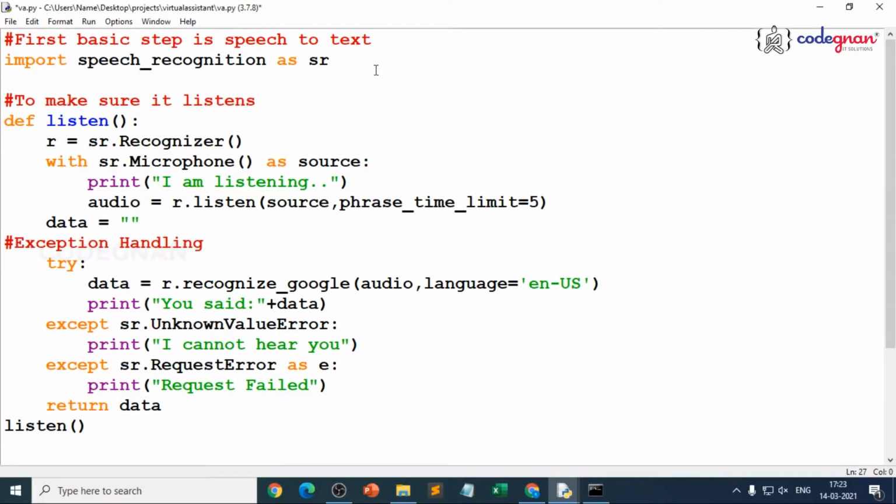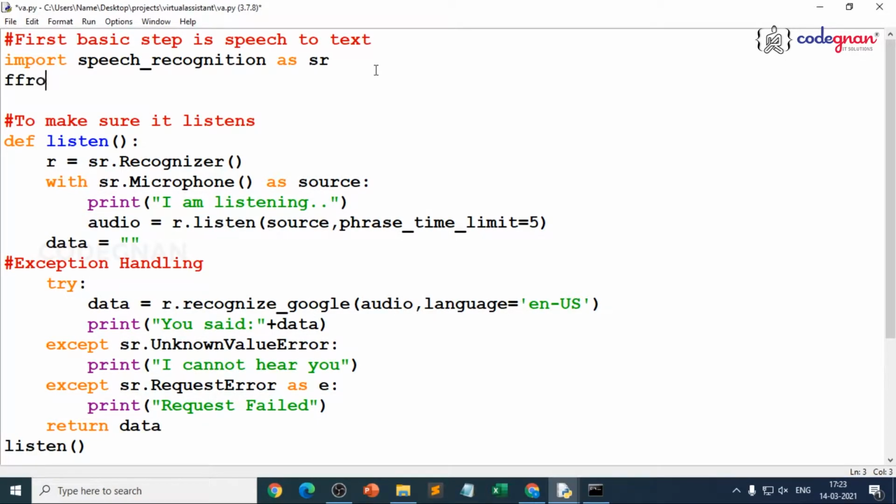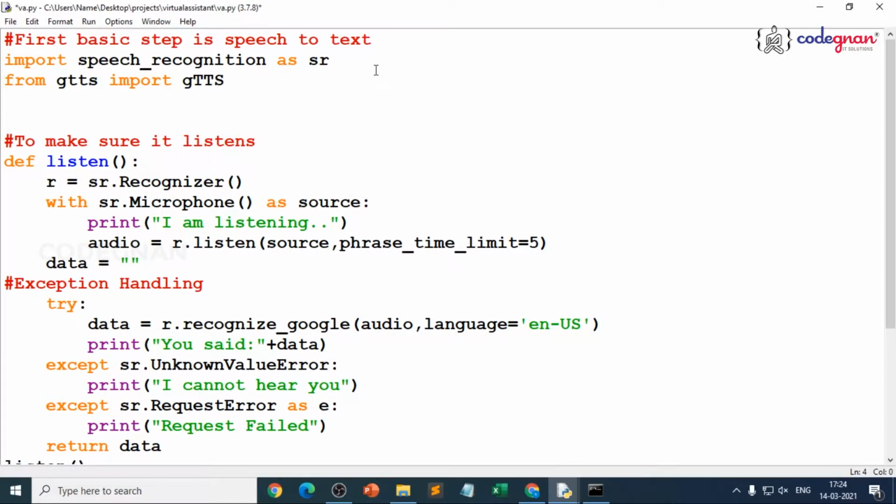So first I'll use from gTTS import gTTS, with capital G, capital T, capital T, S. That is the first thing we need to take into consideration, because with that only we'll start making our virtual assistant speak. Then we need to import the os library, the OS module, because we have already worked with the OS module, which interacts with our operating system. Whatever we speak, speech recognition will read the text content, but it should start replying with voice, right? Every time it creates an mp3 file.